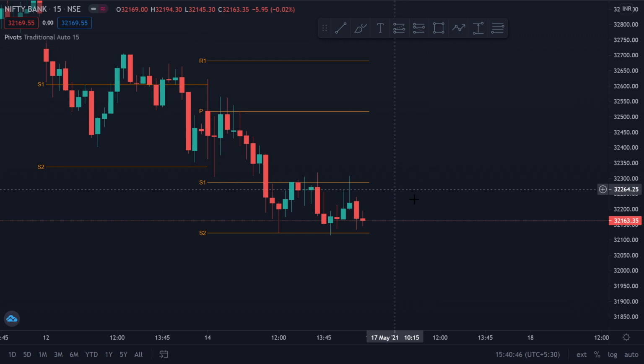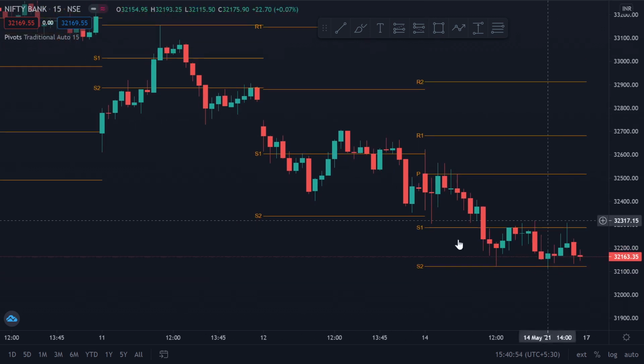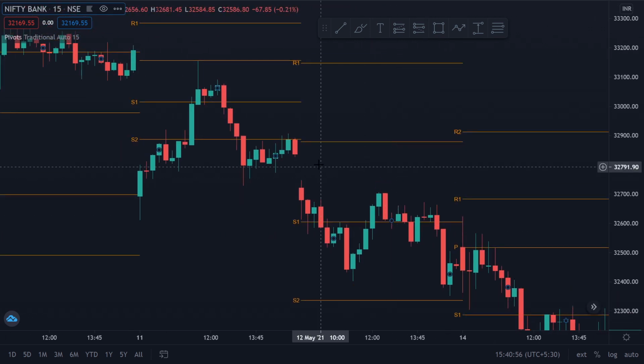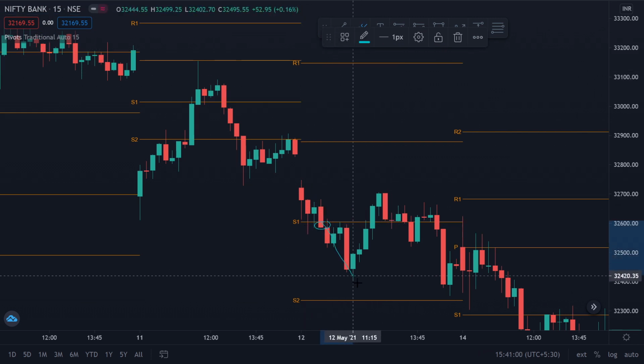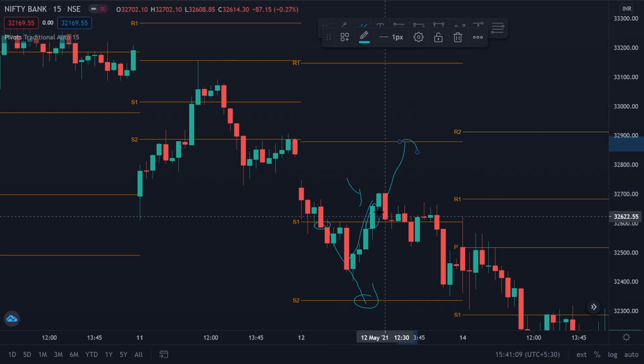This is today. So just because it happened today doesn't mean that this is the almighty indicator, right? So obviously there are cases where this fails too. So here if you see, this was S1, price closed below here, did not hit its target, hit our stop loss. So again here it closed above S1. If we went long here, did not hit our target again, came back, hit our stop loss again, closed below S1. If we go short here, another stop loss hit.